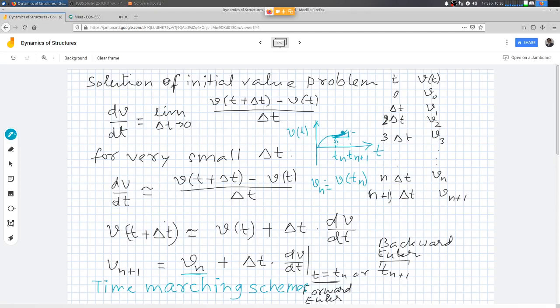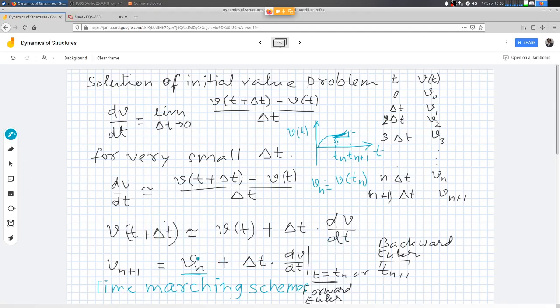Now as you can see, if I choose too large a time increment, then there is going to be a deviation. I have a very crude control over the function. There is no constraint as such, and errors may begin to accumulate, and the trajectory may begin to deviate from the true solution.